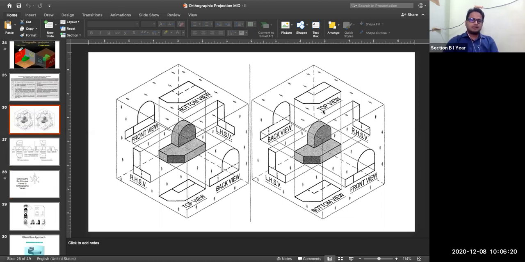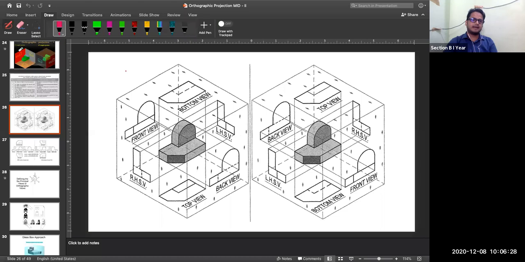As you can see on your screen, one object is there. On the left hand side, the object is placed in your first quadrant. This is your object, three-dimensional or isometric.